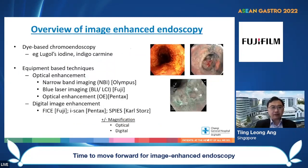So what is image-enhanced endoscopy? I suppose this is something that we are all very familiar with, but anyway, just let me revise it for everyone. It can essentially be classified into two parts. One is traditional dye-based endoscopy, such as Lugol's iodine, which we use to look for esophageal squamous dysplasia and cancer. Indigo carmine is a contrast dye, which can help accentuate topographical differences on the